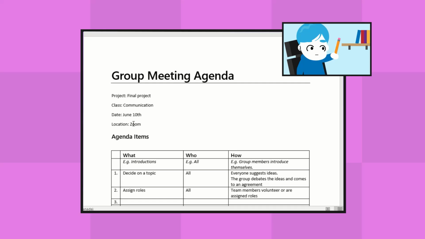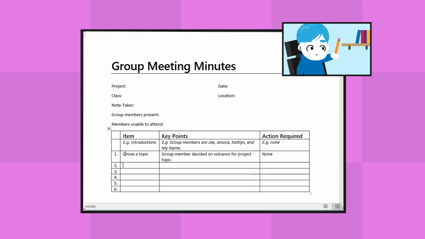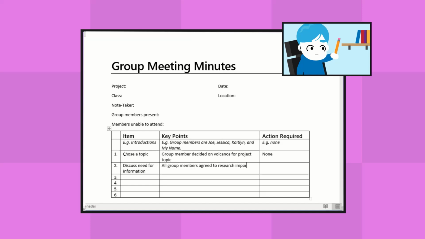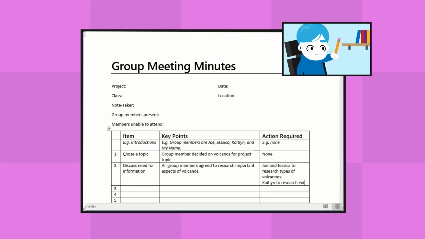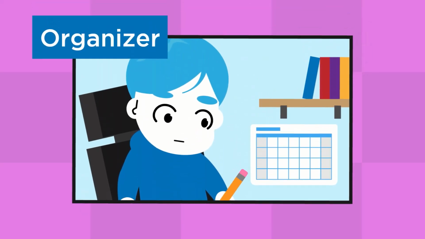When you meet, one person in the group should take meeting notes, also known as minutes. These meeting minutes should include the general topics that were discussed and a summary of the discussion. It should also include any decisions that were made and anything that the group members are supposed to do. It can be helpful to assign roles and responsibilities to each group member. This might include designating one person to set up meetings and create meeting agendas, another to take minutes, among other